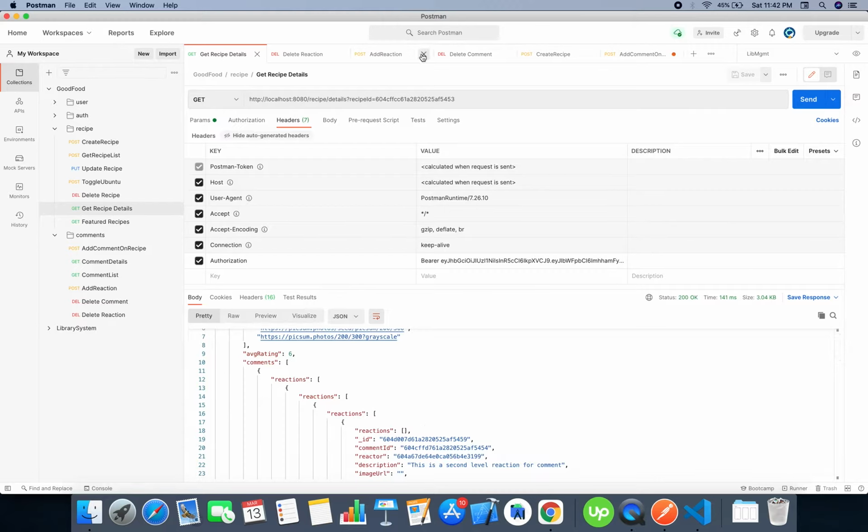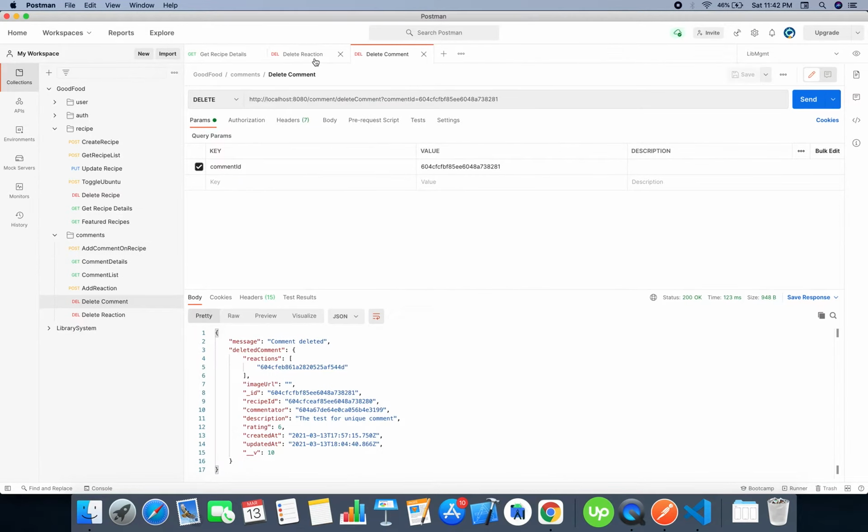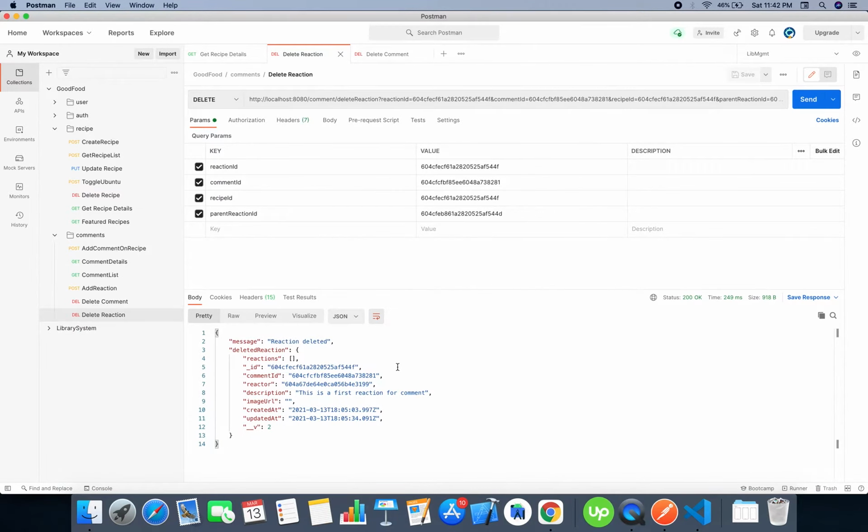Now here comes a critical section where we will be deleting the reaction and comment. So our main goal will be deleting the specific reaction, whether it is innermost or irrespective of hierarchy. So it should not affect the other entities in such a way that first we will be deleting that reaction from the parent entities, and then we are going to delete the single entity. So that's how this delete is going to work. So let's test it.